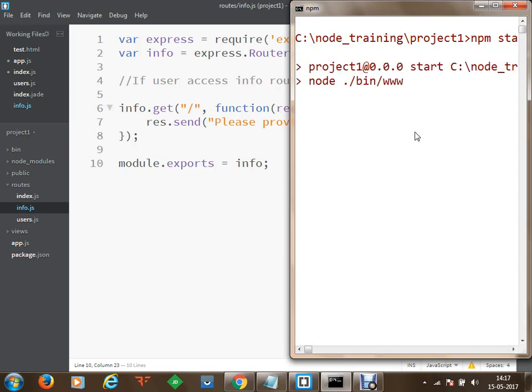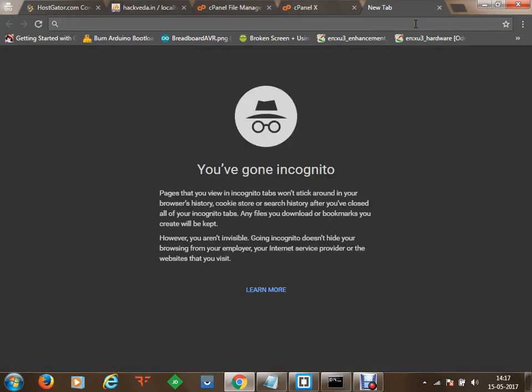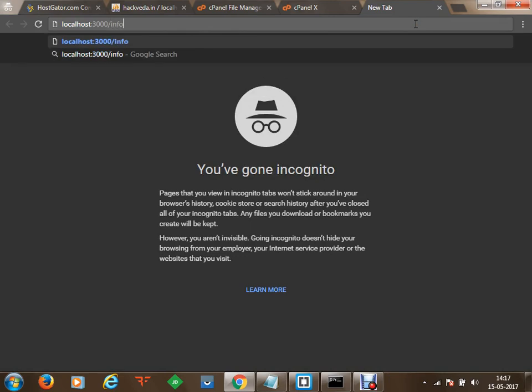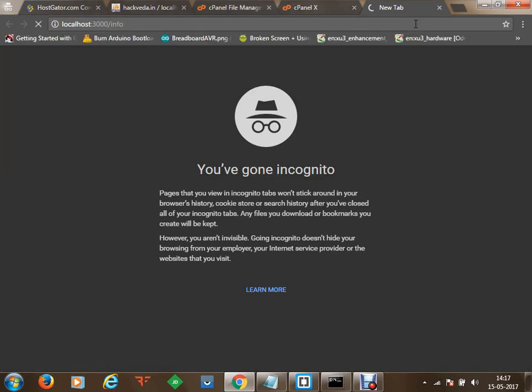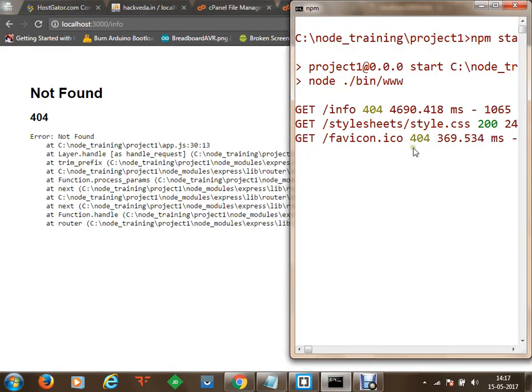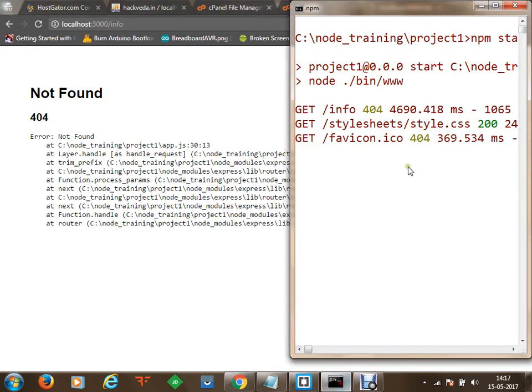So at the moment, our project has been running properly. Now we'll go to our browser. On the browser here, we'll go to our localhost on port number 3000, and this time we'll go to info directory. Okay. So as soon as we browse to info, as soon as a connection has been made, so let's say we have got a connection to /info, but somehow we get that the resource has not been found. Let me just run that project again.